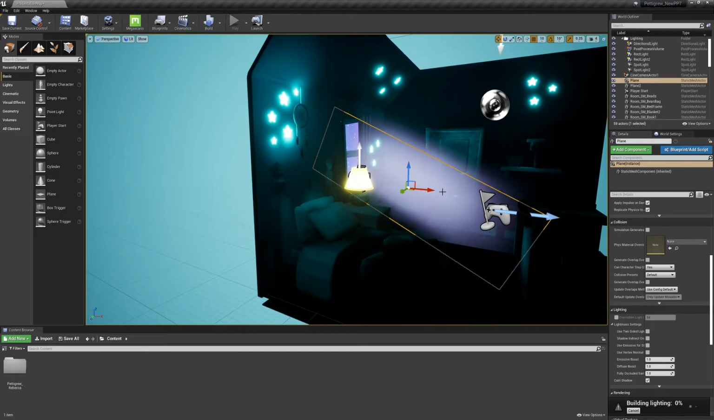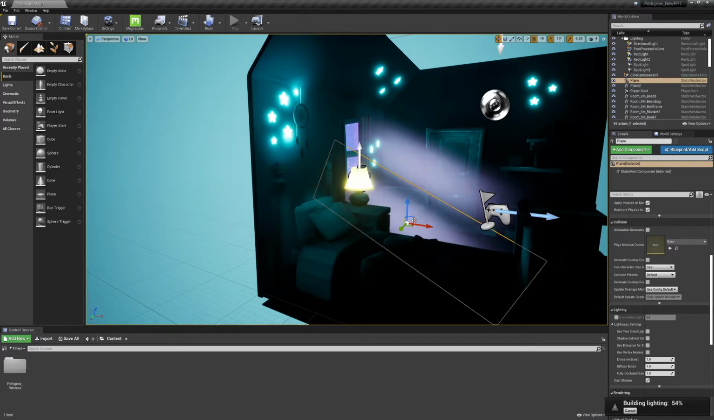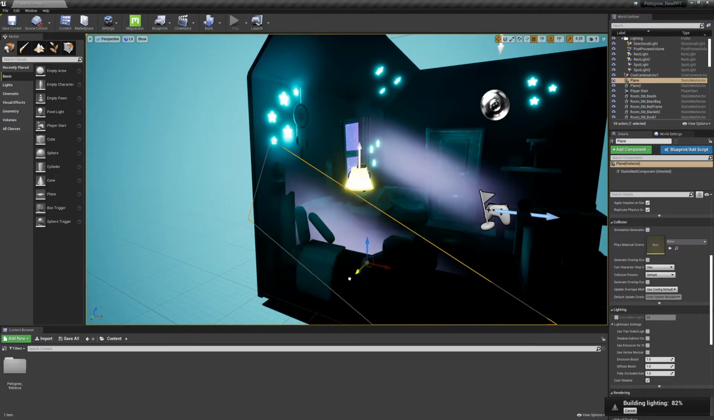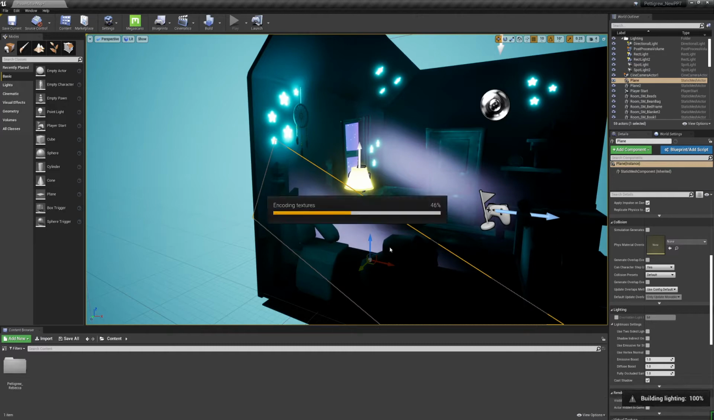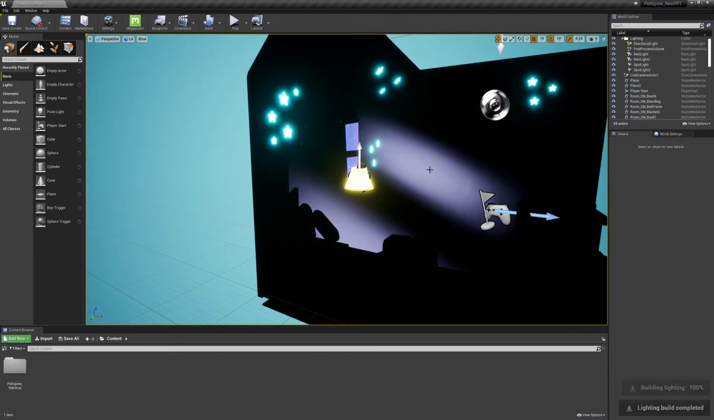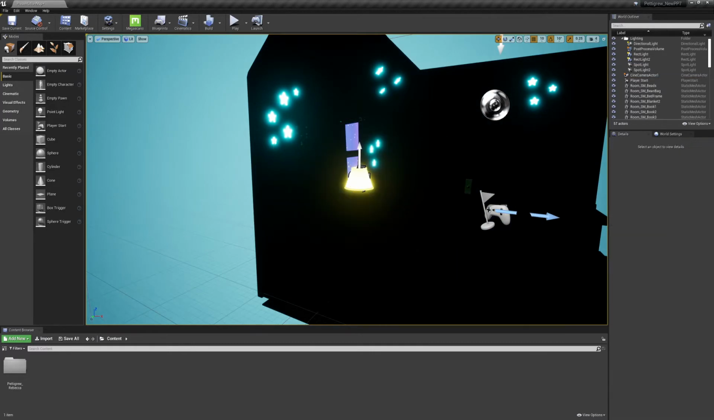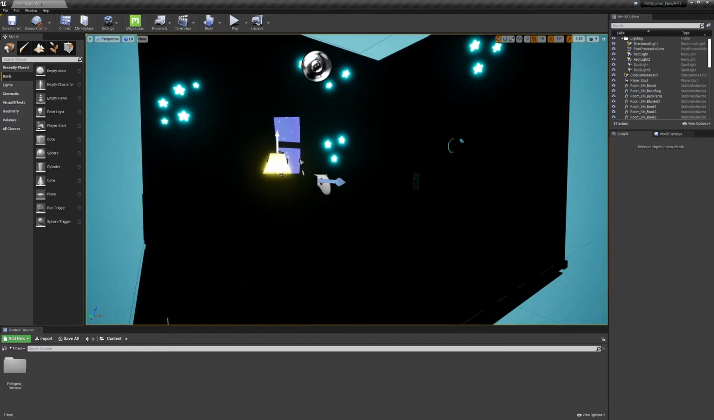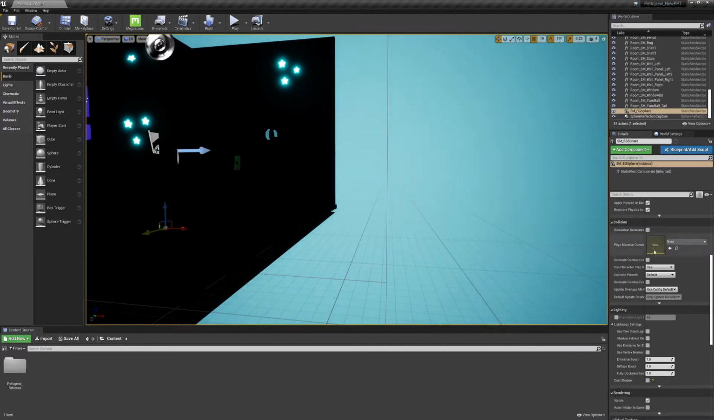I like your cards. I think they work pretty nicely, but I'll go over how to get the other ones to work. Okay, so we have no light. This guy,